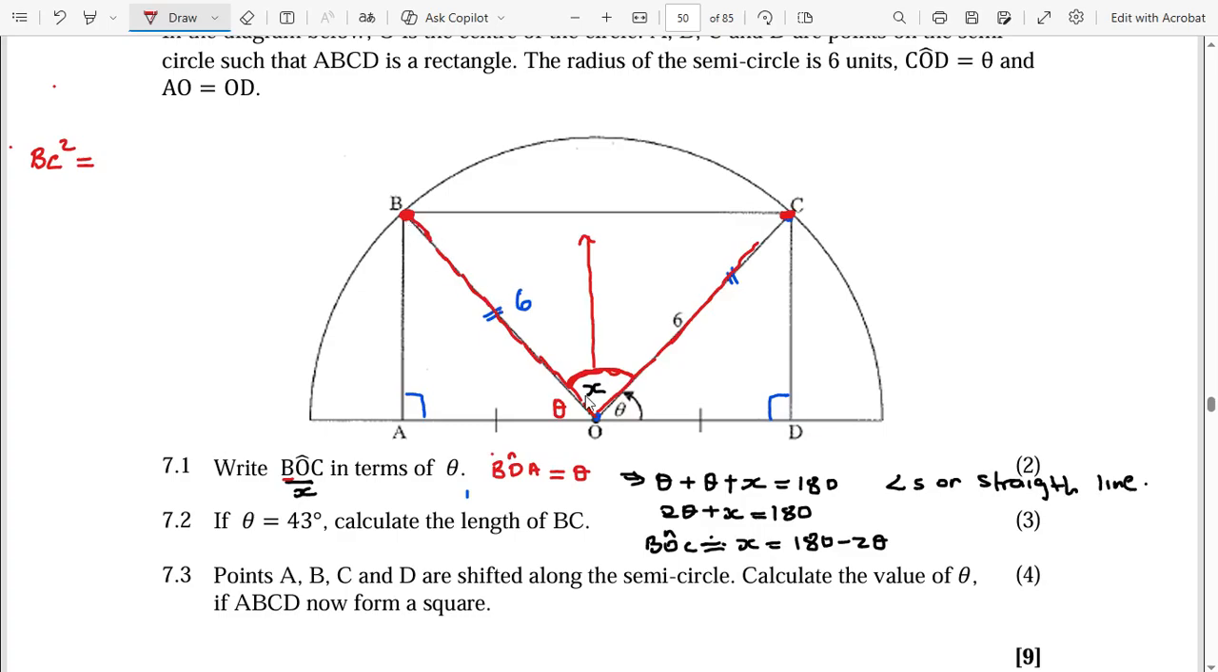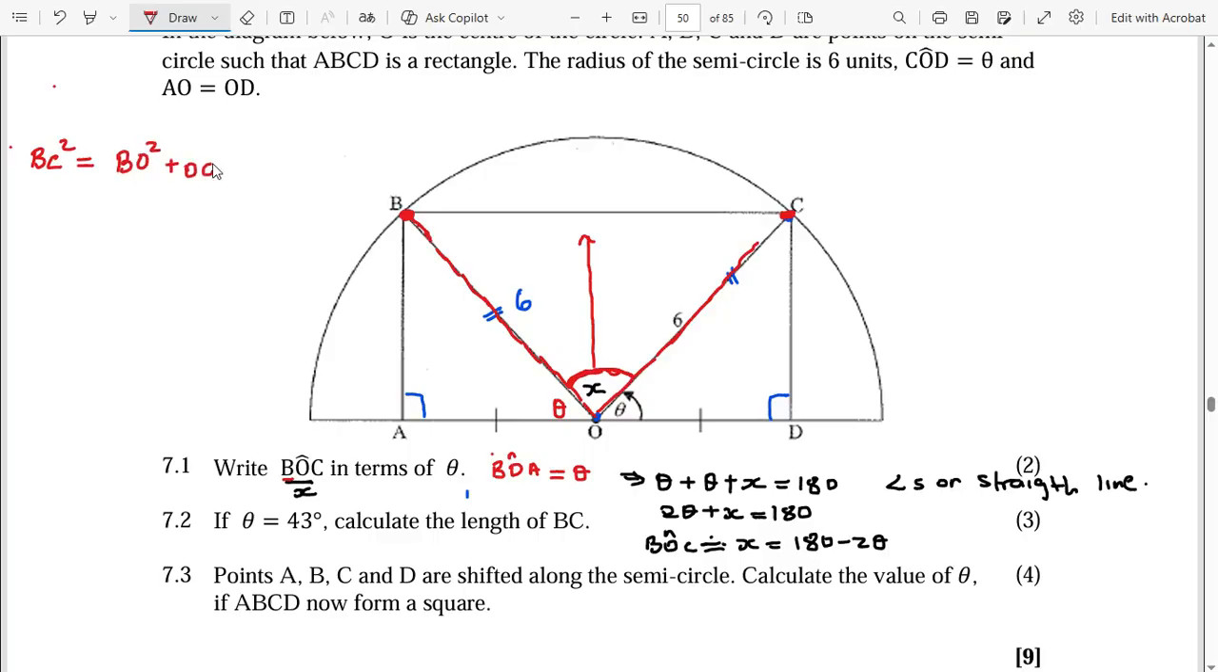So if I haven't included the angle, then I will add the side that gives me that included angle, which is BO and OC. I'm going to say this again. When you use the cosine rule and they want you to find BC, BC squared will be equal to, you first add the side that gives you that included angle, which is BO. So this will be BO squared